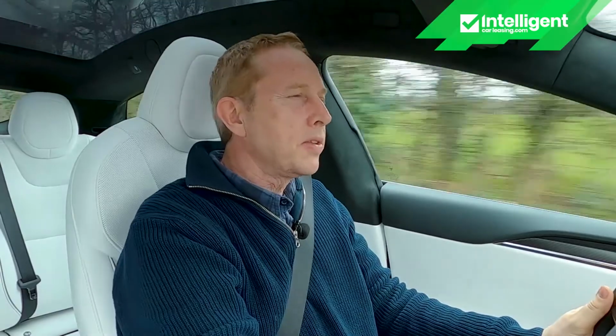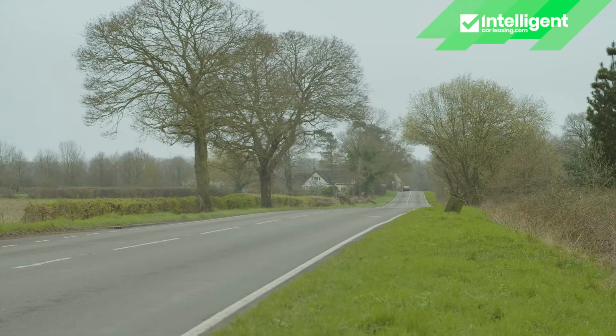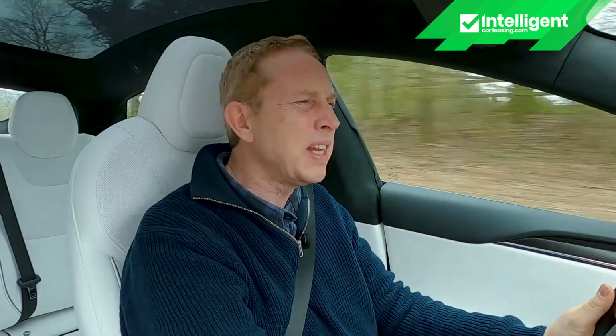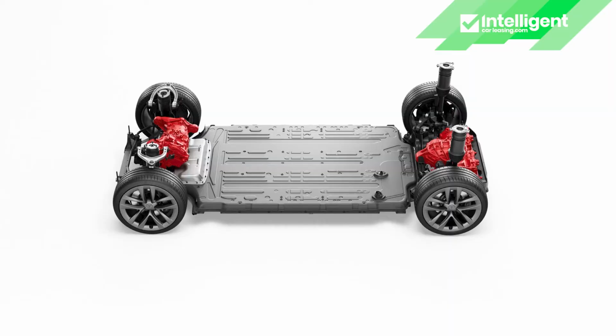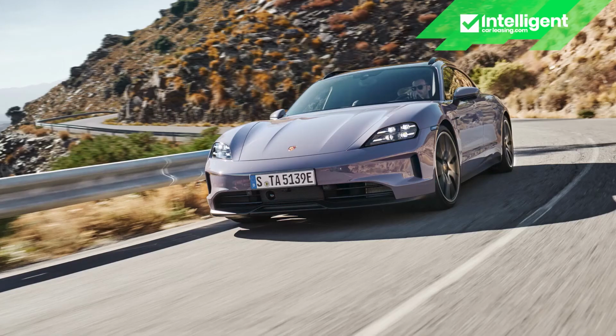Once upon a time, as an EV buyer, you bought a Tesla because of its vast advantage in operating range over any other battery-powered car on the market. Now today, things are a little different. The 394-mile WLTP rated range from the 100 kWh battery of the standard dual-motor Model S is nearly matched by a rival Mercedes EQE 350 at 388 miles, though significantly better than a standard 89 kWh Porsche Taycan S,